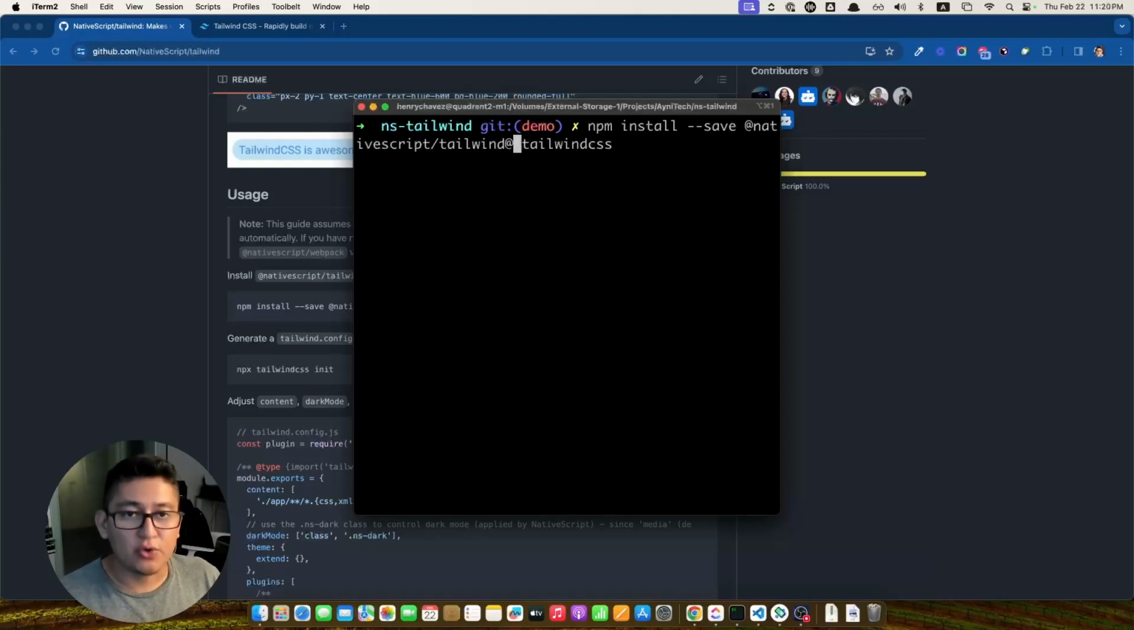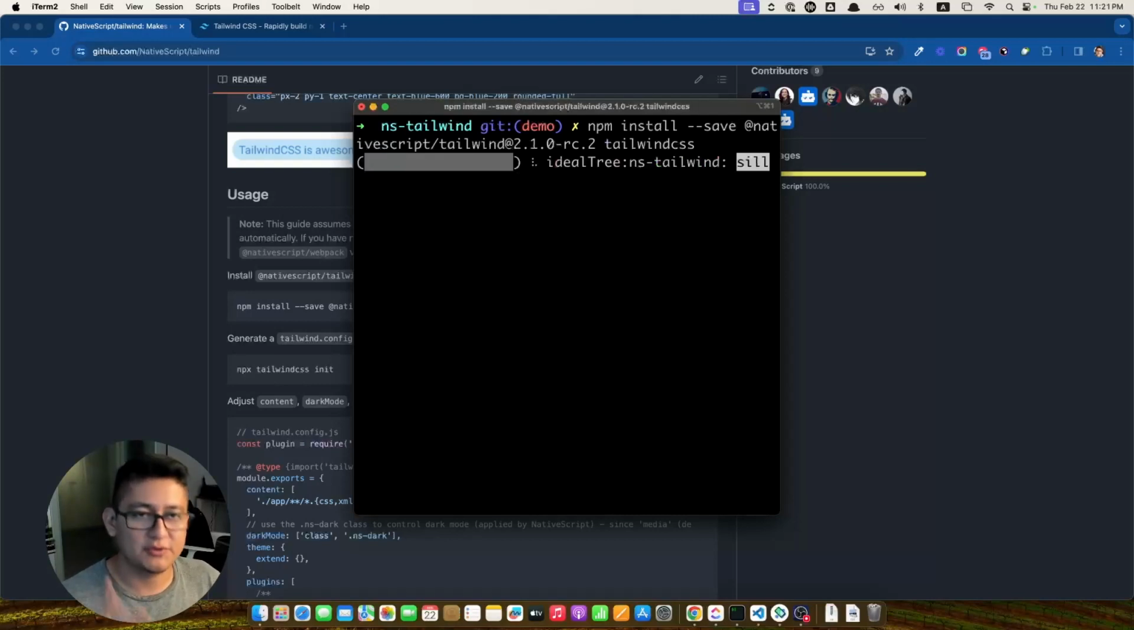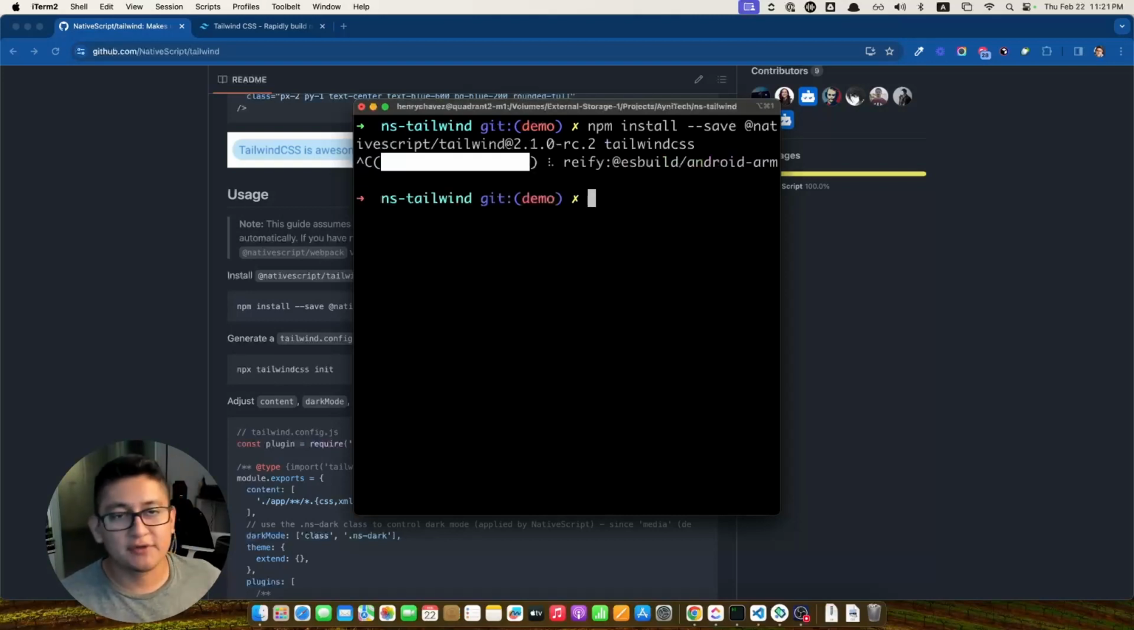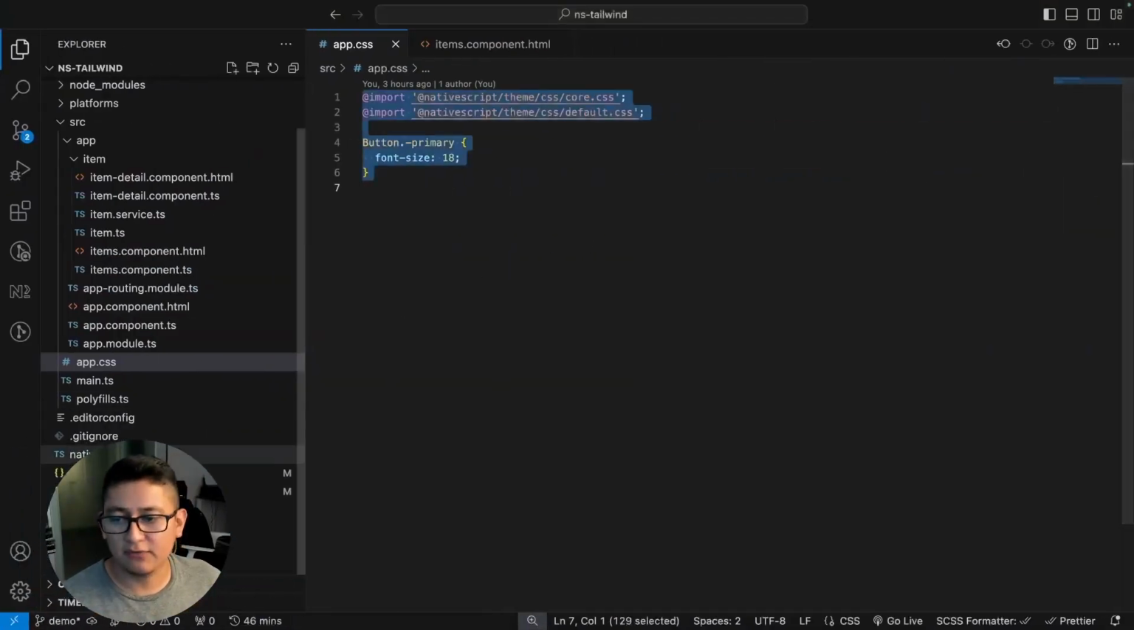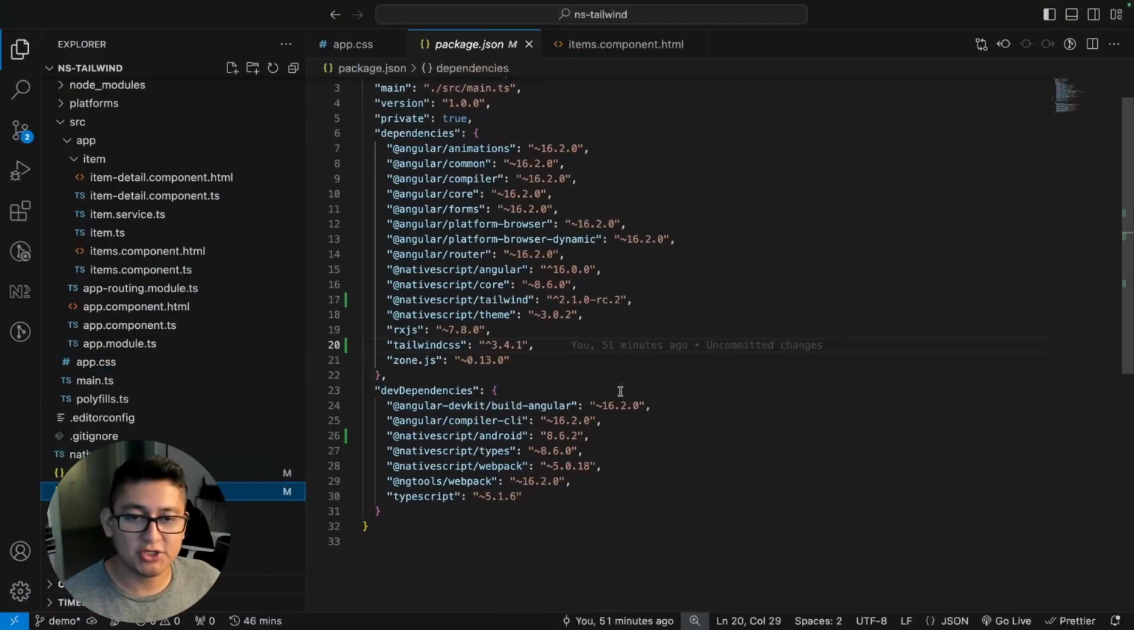Alright, so we are going to install the version 2.1.0, the release candidate number 2. We are going to use this specific version. Probably by the time you are watching this tutorial, the 2.1 version is already released, but right now we need to specify that. I'm going to cancel that because I already have that installed. If we review my package.json, we have our NativeScript Tailwind plugin with the specific version I just mentioned and the Tailwind CSS